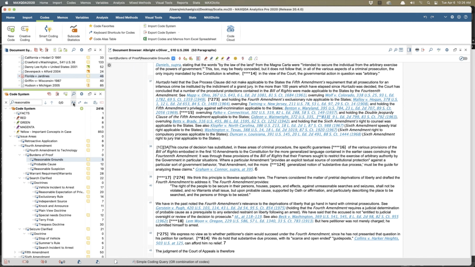Case sensitive. If I turn it on, it doesn't activate any of them because I didn't use a capital R to begin with. Turn that off.